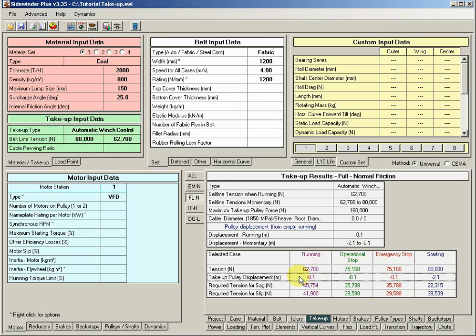And then when we go to stop it, whether it be an operational stop or emergency stop, that pulley is fixed at that position and our belt tensions change. So, all right, I think that wraps it up for this tutorial. Hopefully that cleared up some things. I know there's a lot of information there and a lot to digest, but it really shows you the power